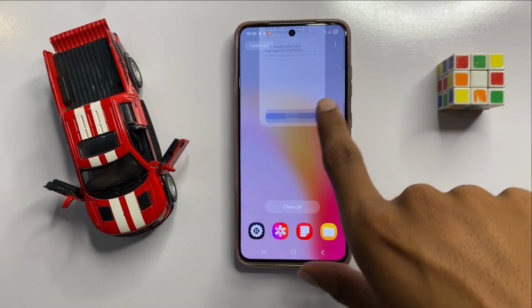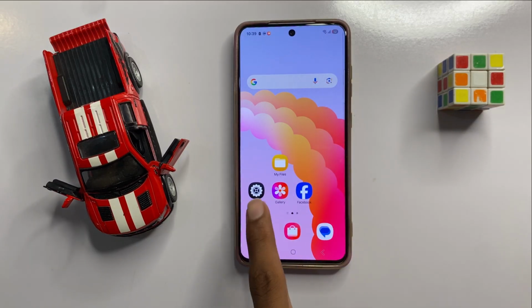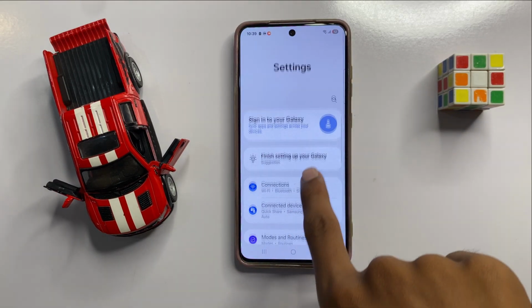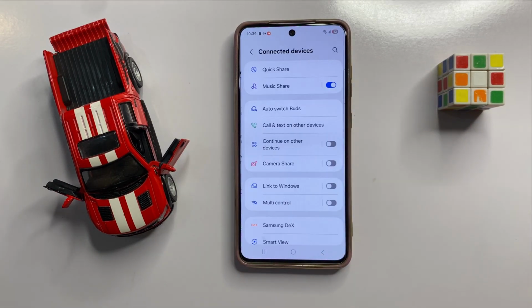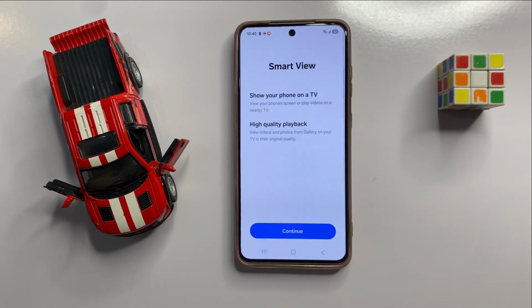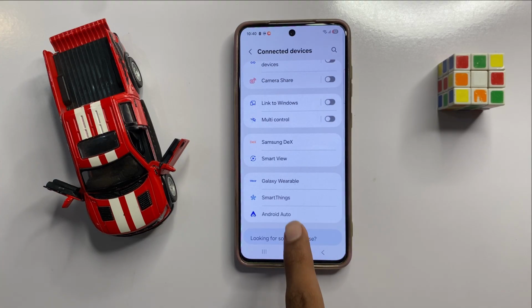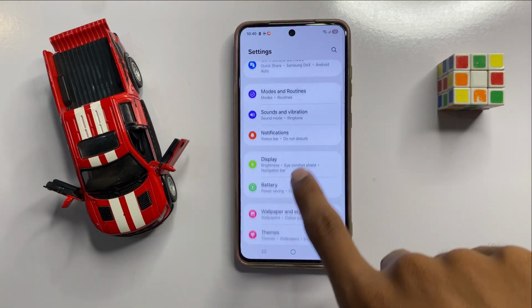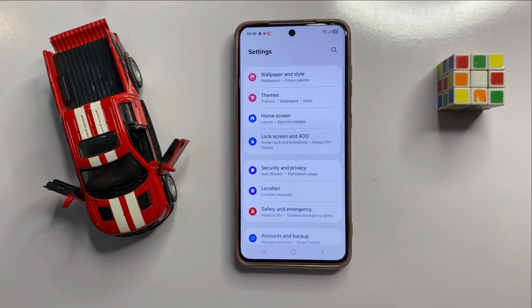If you can't see the Smart View here, then simply open settings and then click on connected devices. Now scroll down and here you can see the option Smart View. Now here you can click on continue, but unfortunately if you cannot see the Smart View here, then simply go back. Now scroll down and click on